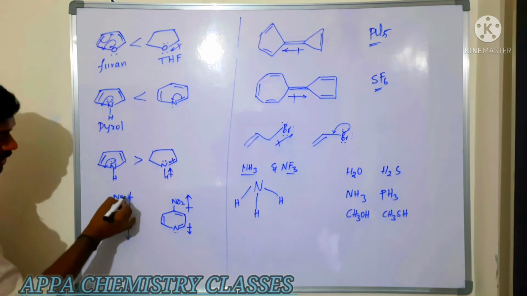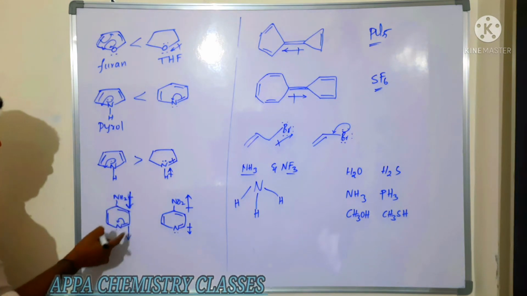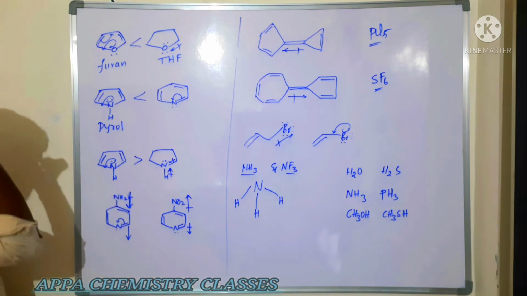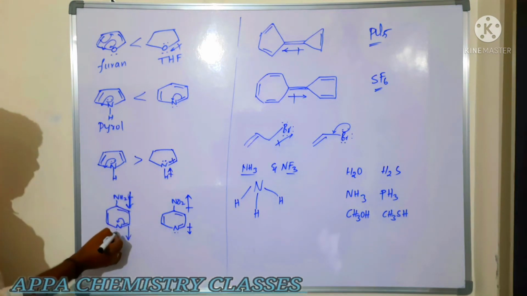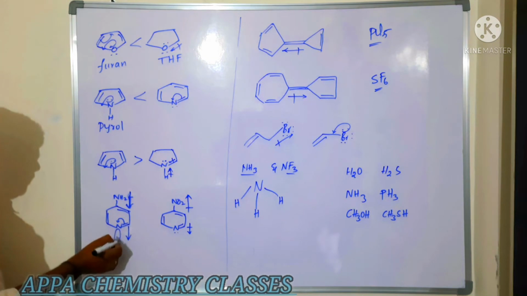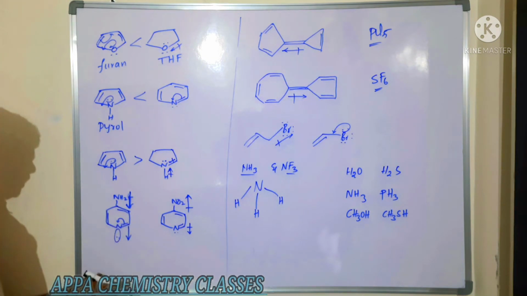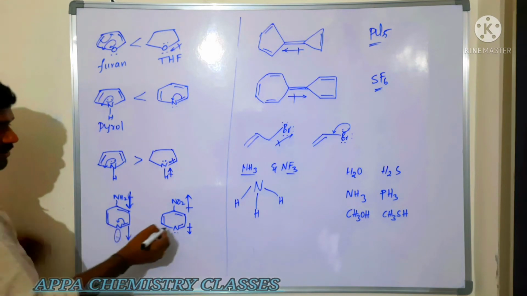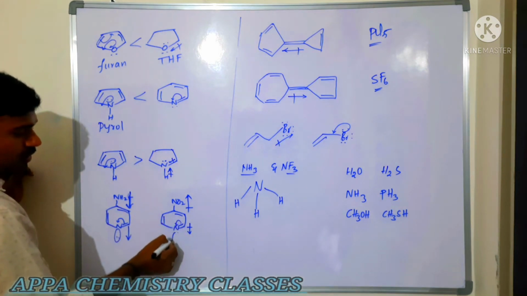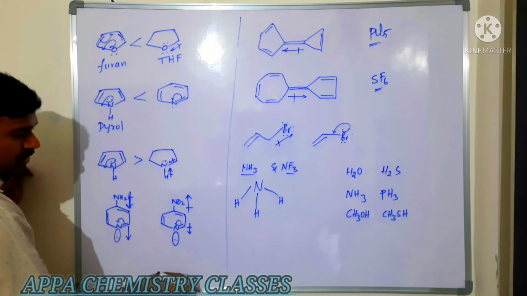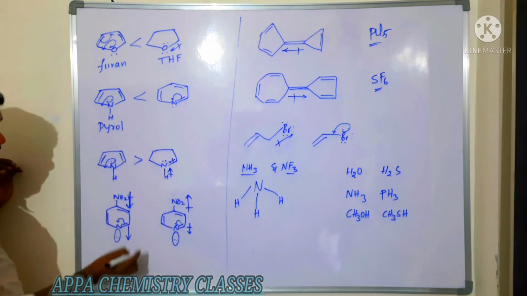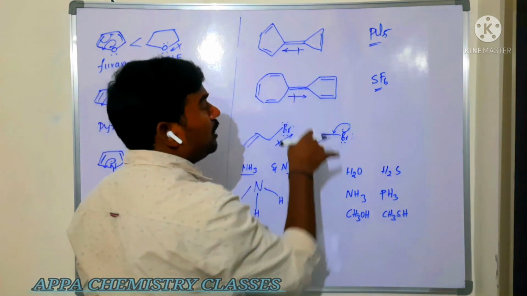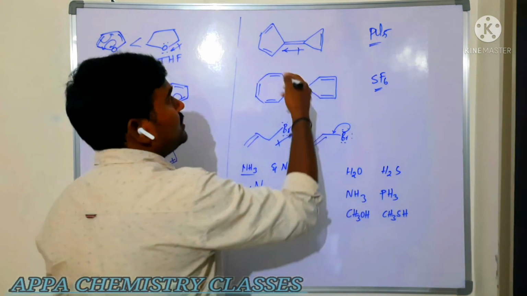Now in this case what happens? Here it is pyridine substituted with an NH2 group, which is electron releasing, and this nitrogen containing lone pair will withdraw the electron in the downward direction, and also pi electrons are shifting onto this nitrogen. Now here also a lone pair is there. It is downward, but electron withdrawing upward. So which is having more dipole moment? This one.